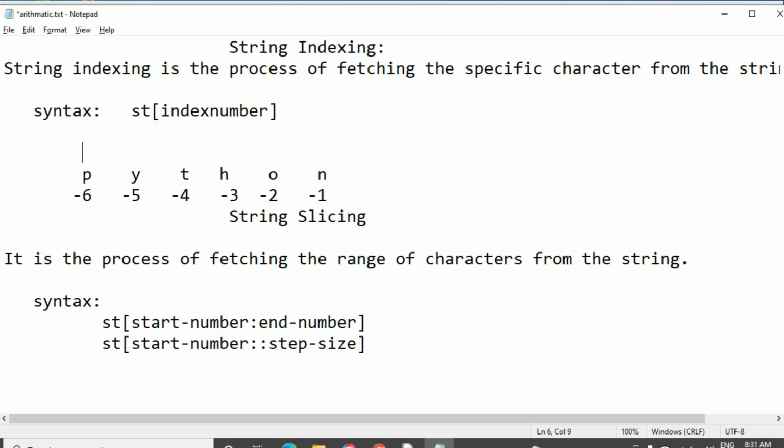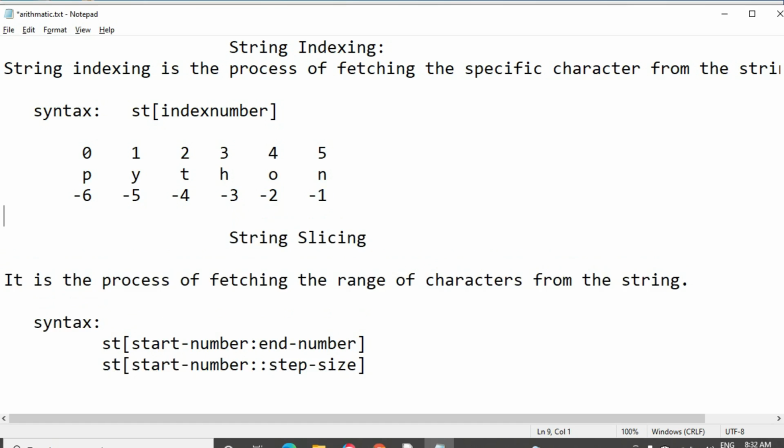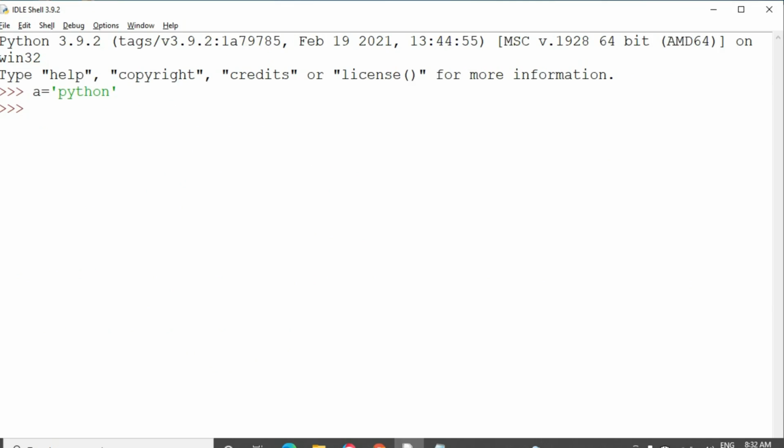Okay, forward indexing starts from 0, 1, 2, 3, 4, 5. These are the index numbers for the string Python.